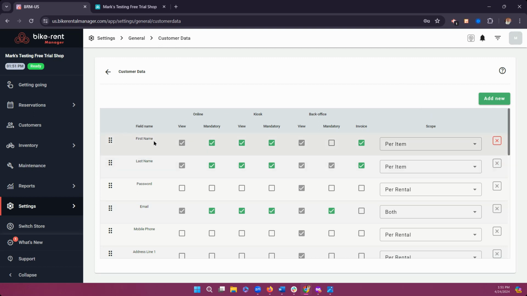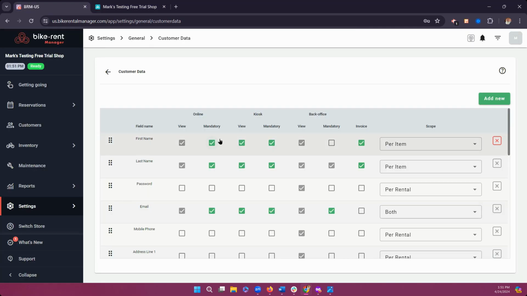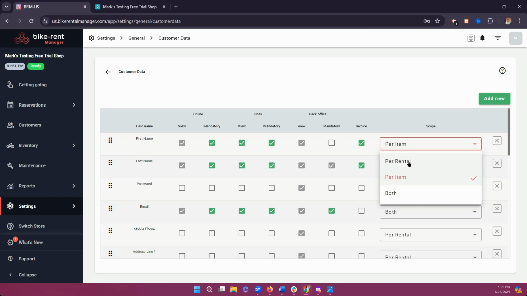So you'll notice here I've got first name, last name, email, and some of these I've got as mandatory. These are my online mandatory options here for my customers. So this is what the customer is going to see online per rider. I've got a couple different ways to do this. So you've got per item, per rental, and then you've got both. Per rental would just be at the bottom when the customer is making the registration. They only have to put that information in one time. Per item would be, say you want to gather a name, email address, and phone number for each rider or